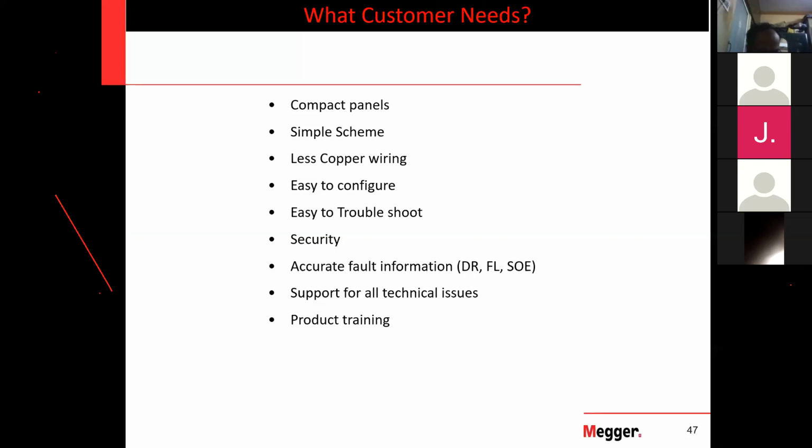So when you want to work in a numerical relay, people call it a plug and play device, but in reality it is not plug and play. There are a lot of functions, features, algorithms, firmware. The entire world of power system protection is actually going on inside the numerical relay only. So things have to be simple. That's why they ask for compact panel and simple schemes.